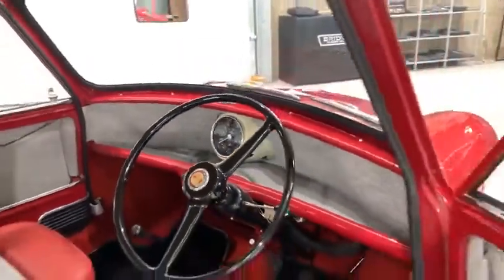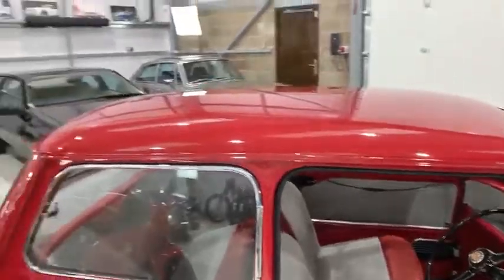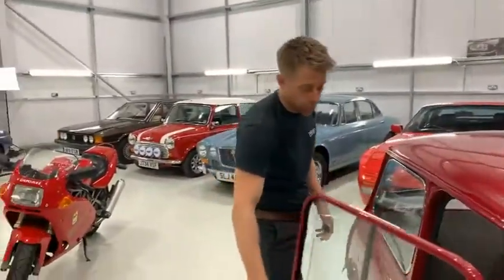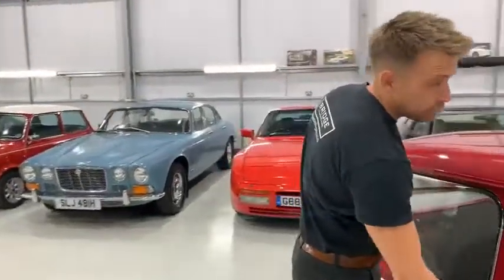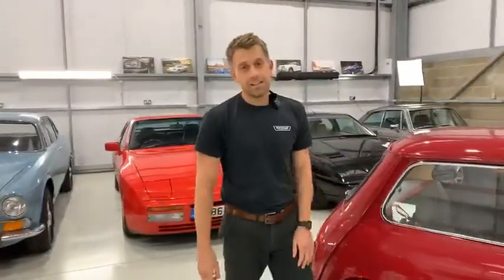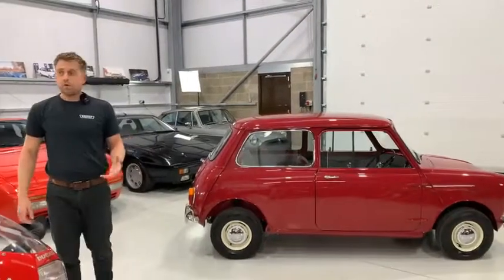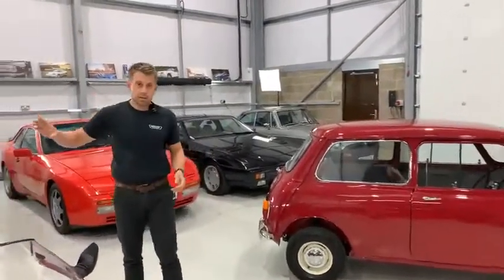We took it, or I wasn't there at the weekend, but Freddie and some of the team went to Essex, wasn't it? The Essex Classic Car Show over in Colchester. And we took Little Eva with us. And it turns heads. It's a stunning car. So if you've got any questions, give us a shout on anything you see in the background as well,